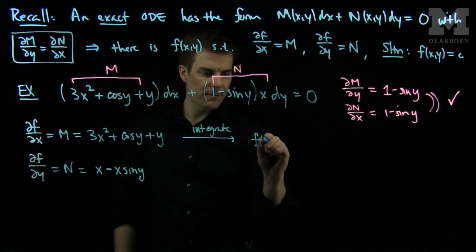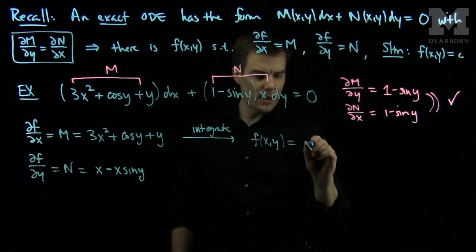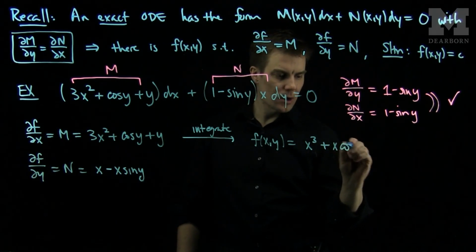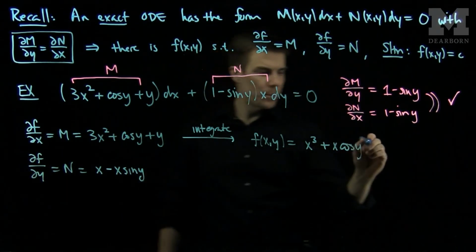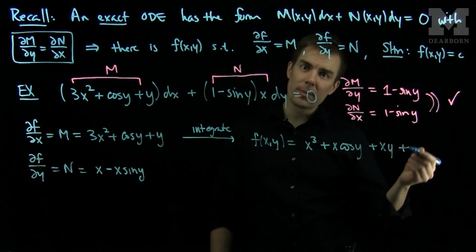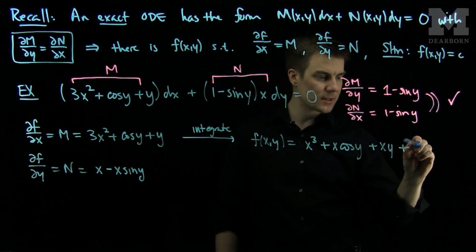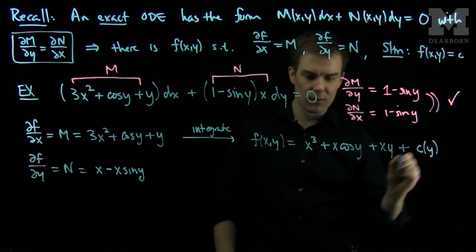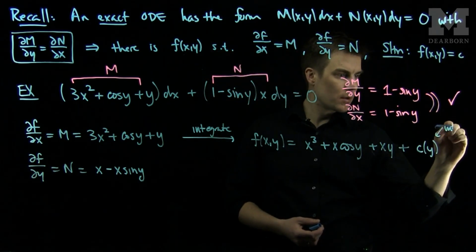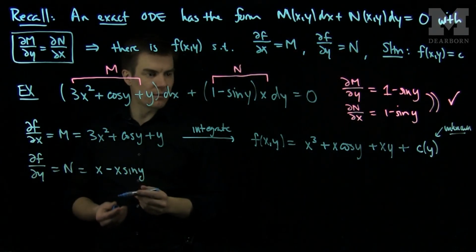which will tell me that f(x,y), integrating with respect to x, will be x cubed plus x cosine y plus xy plus a constant c, which now depends on y, since partially integrating with respect to x treats y as a constant. So I'll have c(y). The c(y) is unknown,